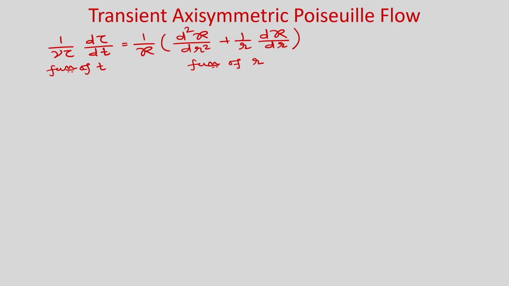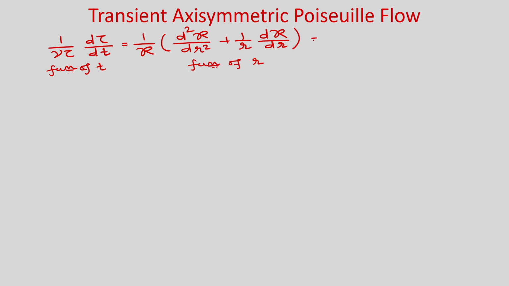Now, what will be the sign of that constant? We have to choose the sign such that in the homogeneous direction you get a characteristic value problem, that means its solution will be periodic in nature. So we choose the sign of the constant as minus, so that we get a Bessel equation. And we know the solution of the Bessel equation is periodic, which I will show here. So we are choosing the constant sign as minus, so we will use minus λ².